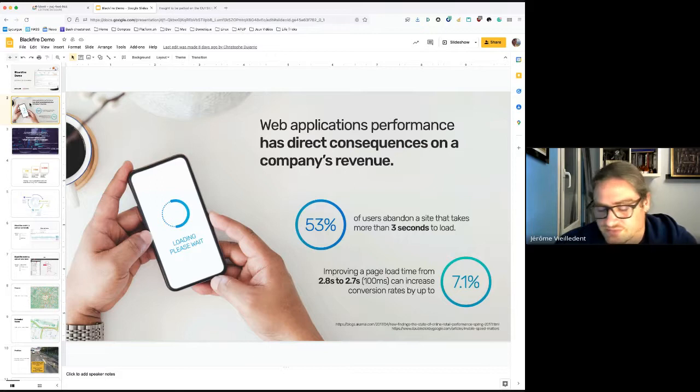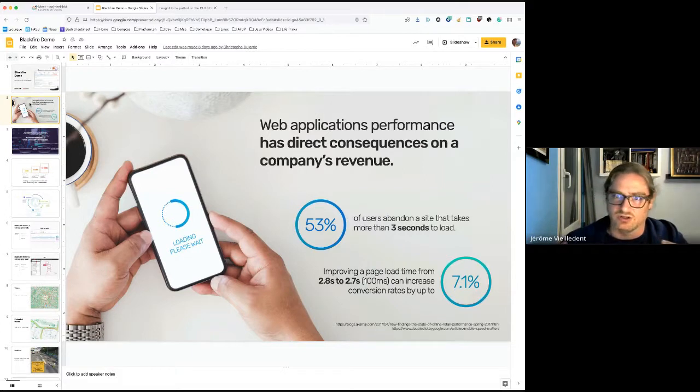The other number, something that Amazon found out on their store, is that improving the page load time by only 100 milliseconds always increases conversion rates by 7.1%. And this is mechanical.